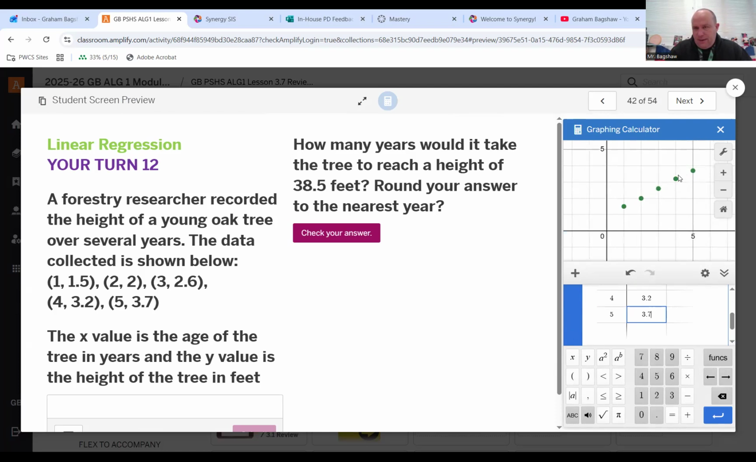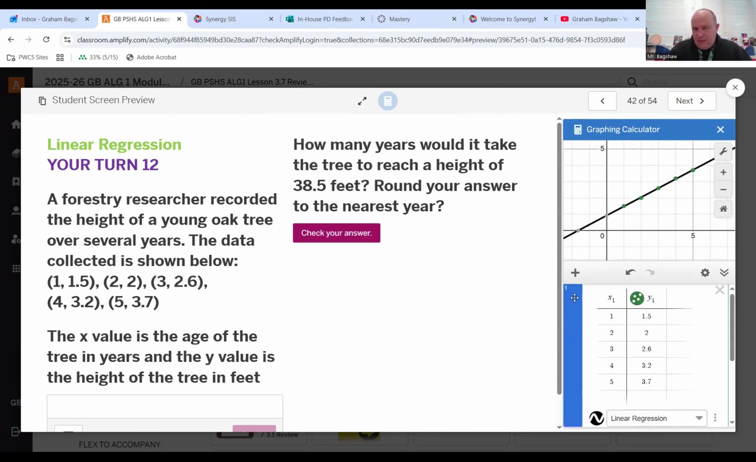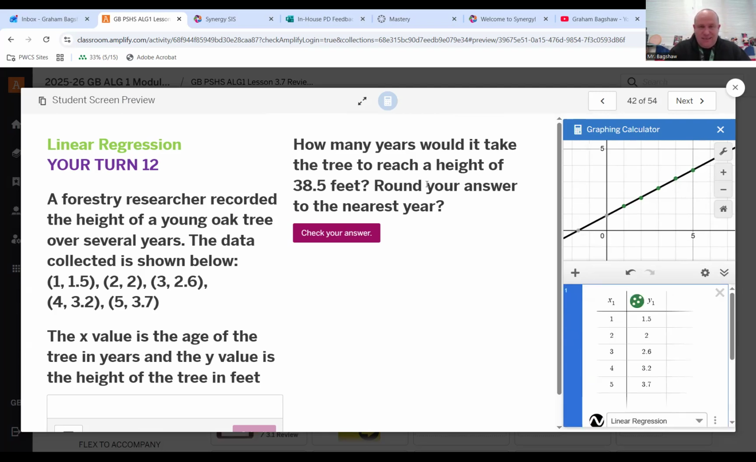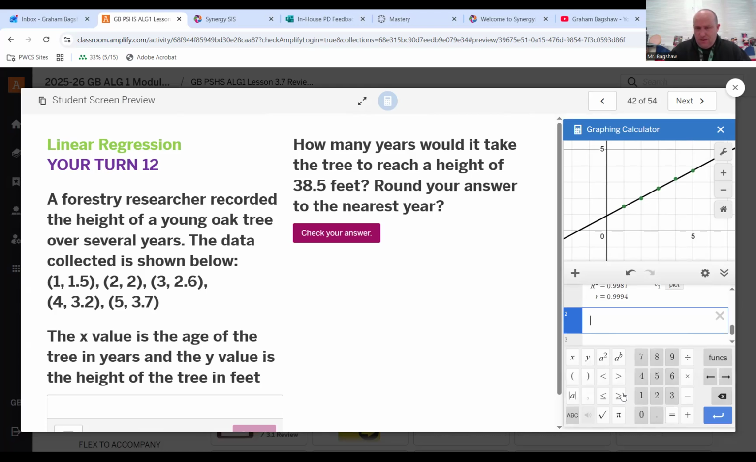I'm going to click on that magnifying glass again just to make this a little bit clearer. And that definitely looks like a straight line pattern. And it looks like the line goes through almost every point. Not quite perfectly, but 0.999 is very, very close to that. So how many years would it take for the tree to reach a height of 38.5 feet? So height in this case is the y value. So this time I'm going to type in y equals